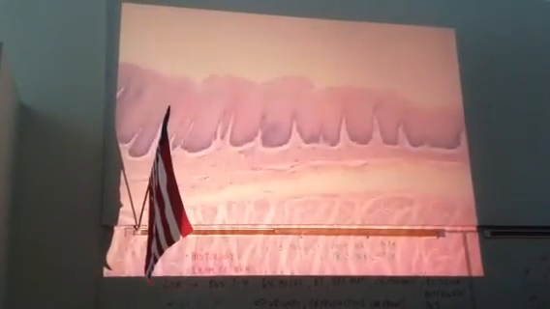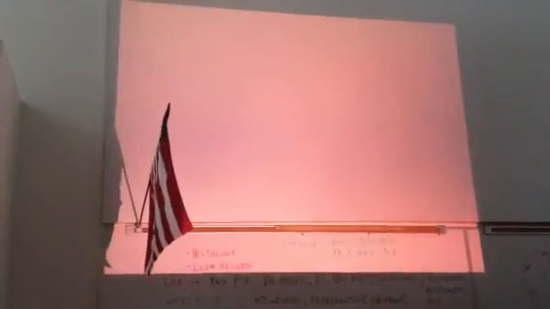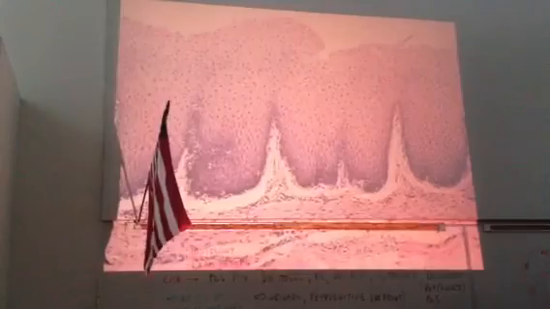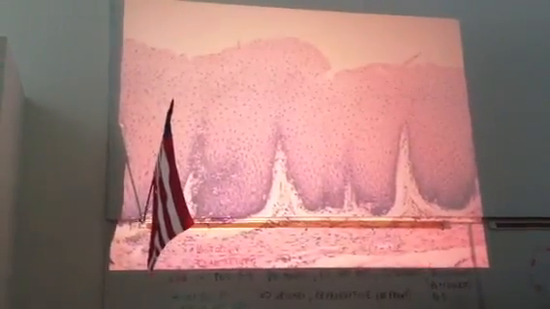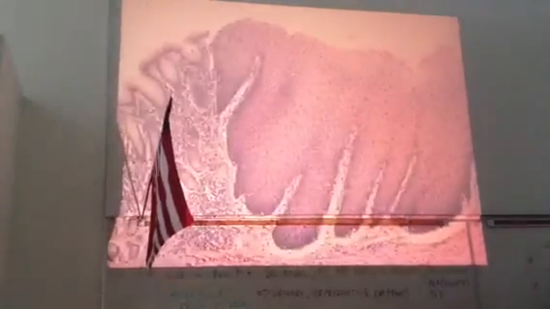Then we have esophagus with its stratified squamous non-keratinized epithelium. Cells are alive all the way to the surface, because the nuclei are all the way to the surface, multiple layers. And then we go over, because this says stomach-esophagus junction, and we run into